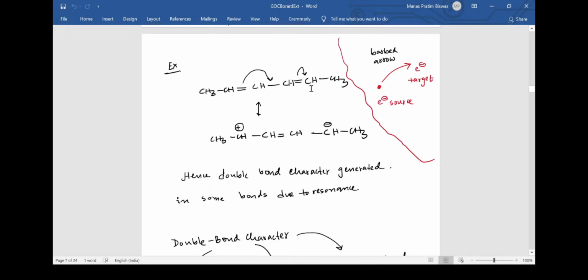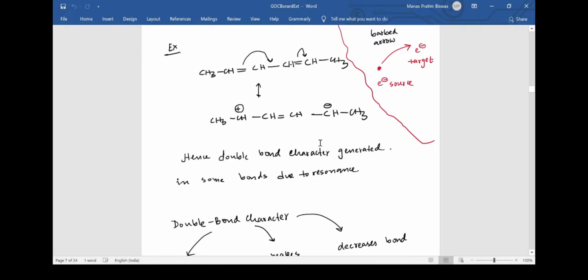That means this electron cloud is also being shared by these two carbons. So if we combine these two structures, we see that the electron cloud overall is shared between this carbon, these middle two carbons and these side carbons also. That means this electron cloud is getting dispersed over these four carbons. This implies that the electron cloud is getting dispersed, and we already studied that the dispersion of electrons is very much necessary for gaining stability, and that is why the resonance is occurring.